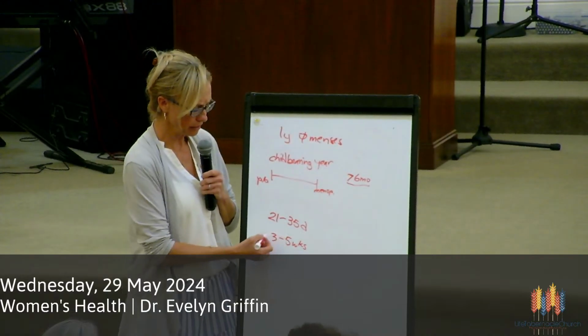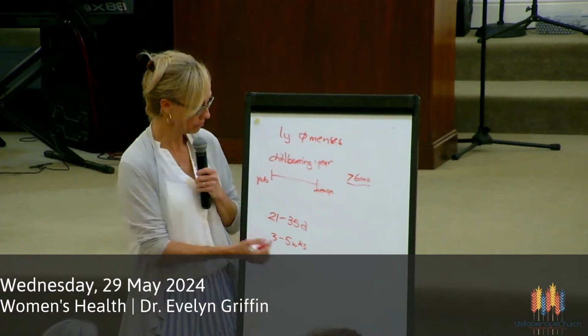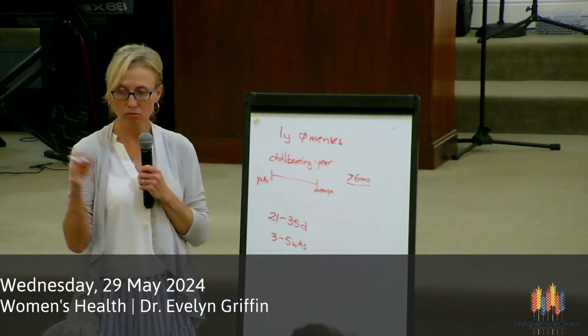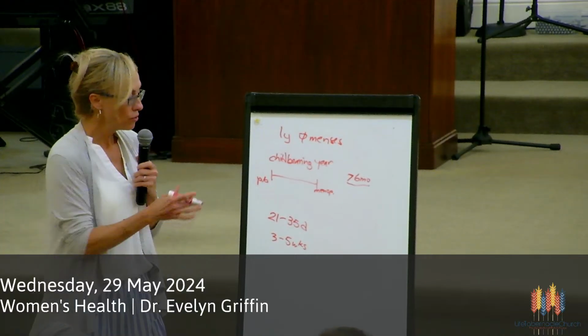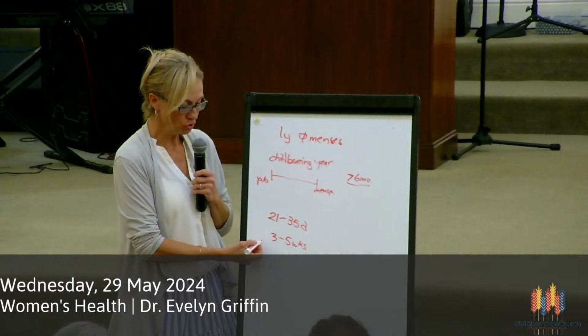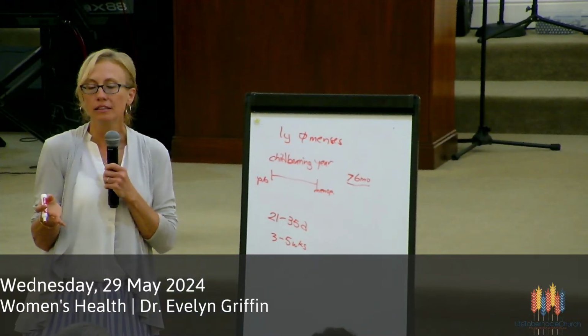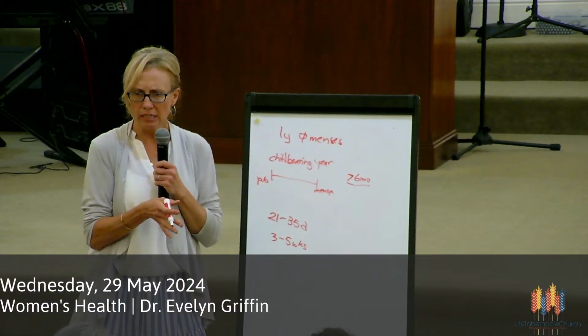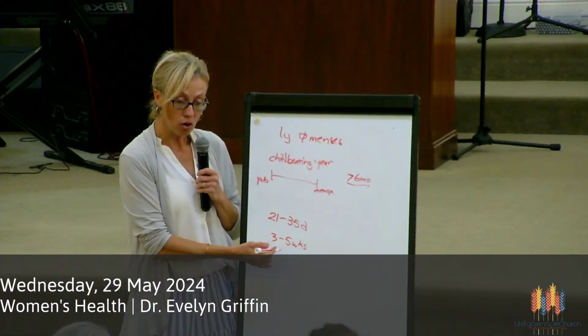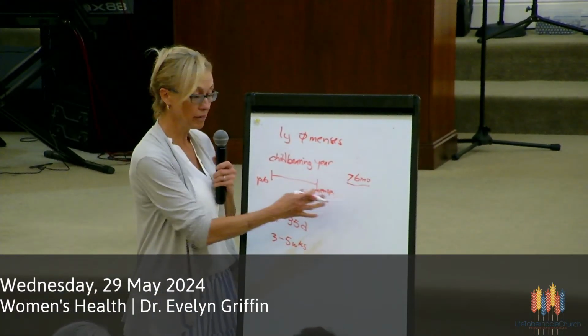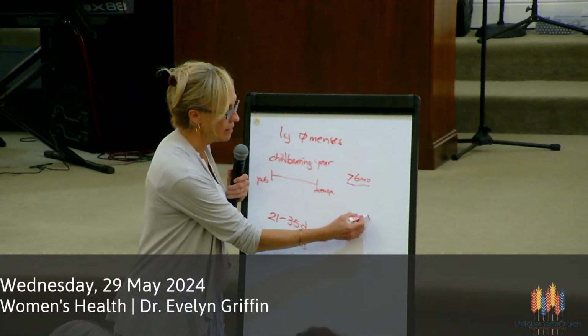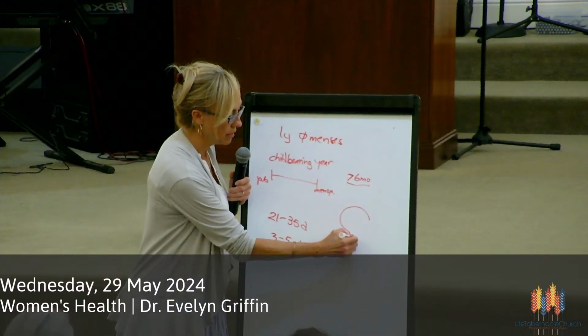Shorter than that is too often. More than that is too far apart. The reason being is if it's too close together, there's a chance that there may be too much bleeding. You could get anemic. If you go too long or no periods whatsoever, then what may be happening is